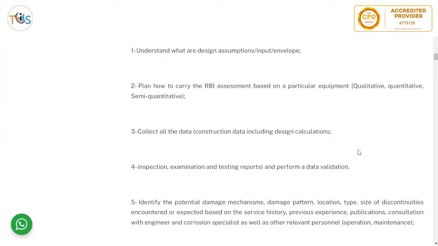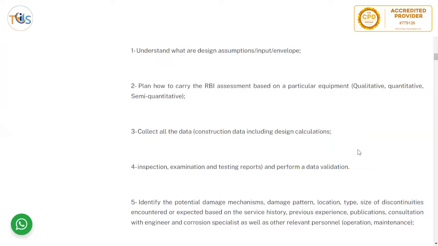There's no point. Firstly, it's not possible to get the absolute risk value or eliminate the risk totally. And secondly, you're looking for relative risk. So as long as the risk is acceptable and you can live with it, that's it. Hence semi-quantitative. Qualitative alone can be used when screening and trying to find out the high-risk drivers or critical